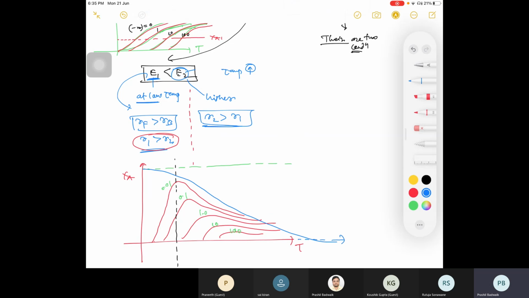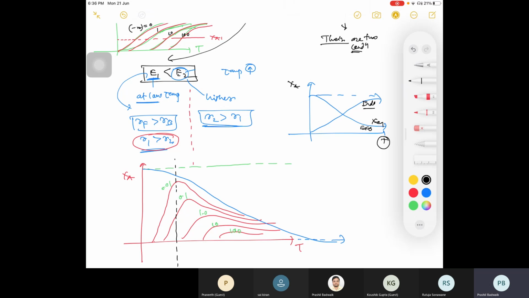This kind of curve, right? For an exothermic reaction, we draw two curves. How were they? One was like this and the other was this. Which one was exothermic and which one was endothermic? Rutuja? I hope you are getting it now. The decreasing one was exothermic, right? For exothermic, if you increase temperature, your equilibrium conversion X equilibrium will decrease. So this is for your exothermic and this is for your endothermic. Okay, so this is that curve.